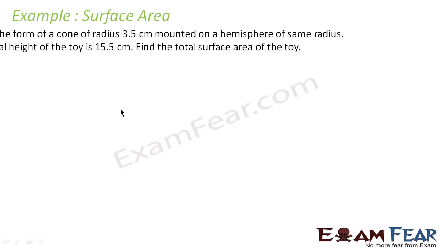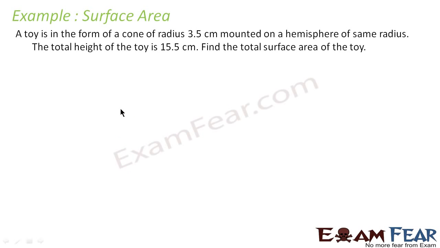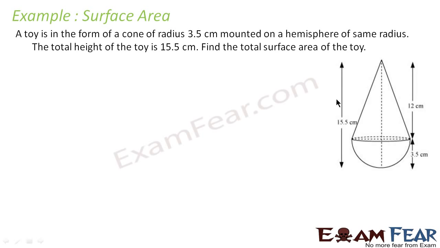Let's take one more example. A toy is in the form of a cone of radius 3.5 centimeter mounted on a hemisphere of the same radius. The total height of the toy is 15.5. We have to find the total surface area. Similar to the same question, instead of a cylinder it is a cone here. So this is the toy we are talking about,